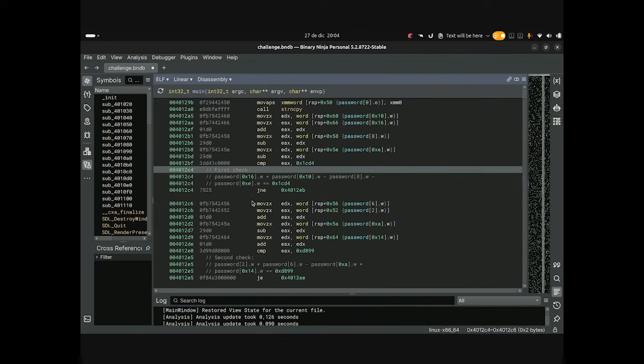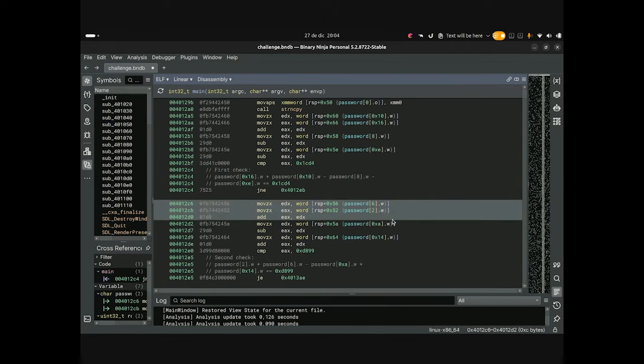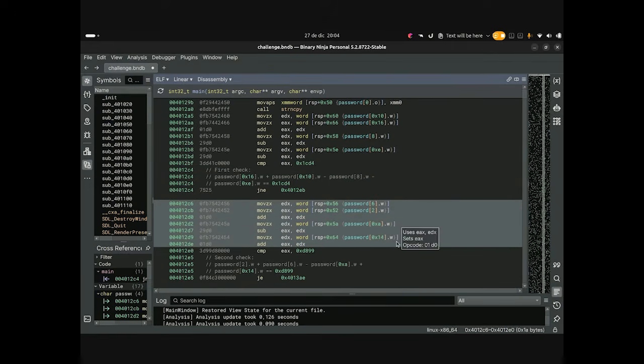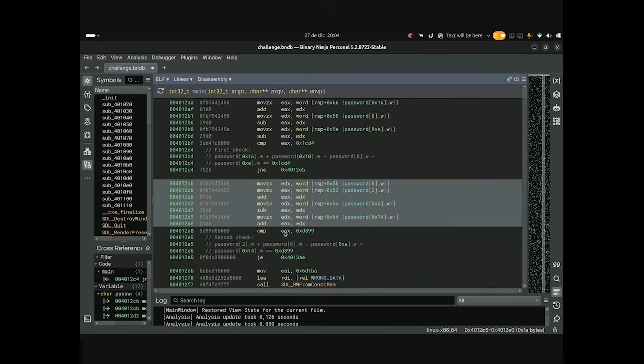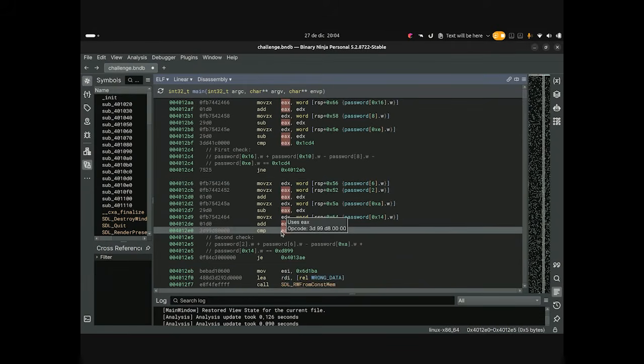So after applying these operations, and so on, we will have a comparison. Compare EAX with 0xD899. What we have to do is, once we reach this point, we need to extract the abstract syntax tree from this register, from EAX, and that abstract syntax tree in Triton contains all the operations that affected the value